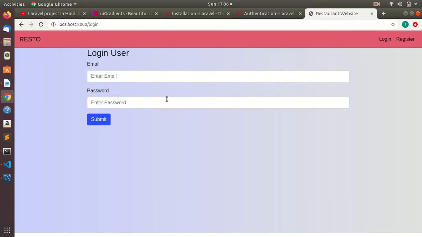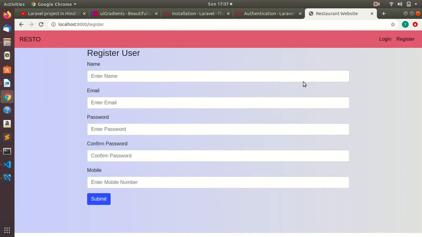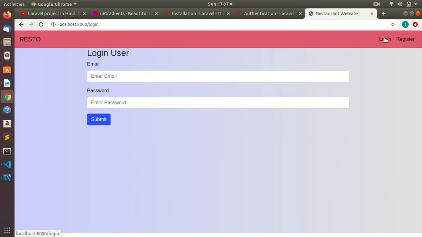After creating those view pages, we created routes for them. Then we created controllers and set routes for them. When we submit our data, it is a post request. So the controller handles our post request, and the data is submitted and then validated in the controller. Then in the controller we import our models, and from the controller our data goes to the model and is saved successfully. I hope this is clear, how we have been registered successfully and how we are also logged in.